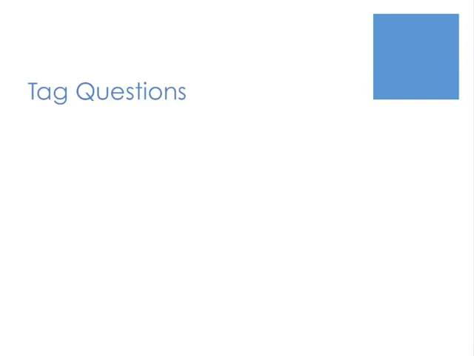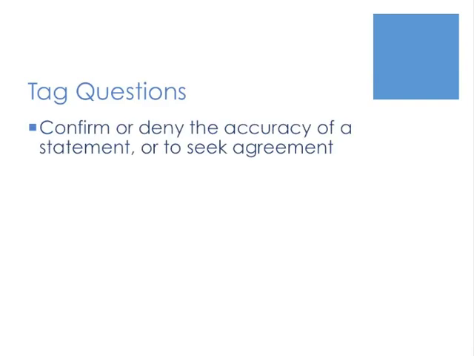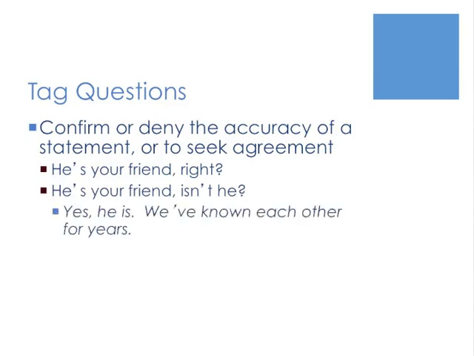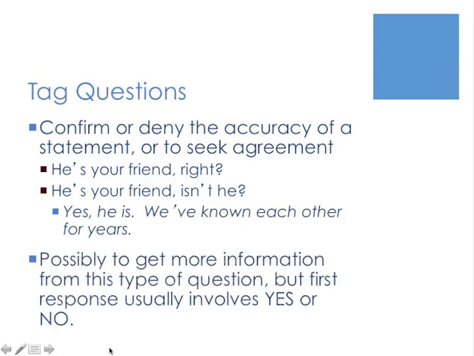Finally, for tag questions, we often use them to confirm or deny the accuracy of a statement, or often to seek agreement. For example, he's your friend, right? Or he's your friend, isn't he? Notice here we say, yes, he is. We've known each other for years. So, of course, it's not uncommon to add more information there as well. We also use them possibly to get more information, but the first response that we get usually involves the words